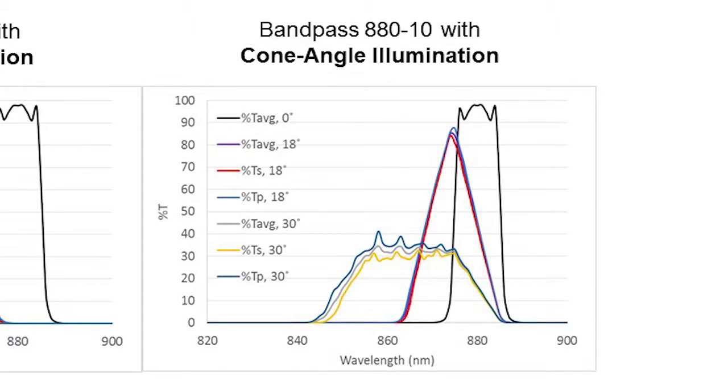Cone angle, if you start with a filter that has very sharp edges, as you adjust that up to 15 or 18 degrees, you're going to see a shift to more of a pyramid conic structure. As you go even further, that's going to flatten out and drop your transmission significantly and look more like a mound or a hill. This seriously degrades the performance of your filter and can change things wildly, so we need to take that into account when designing your system.